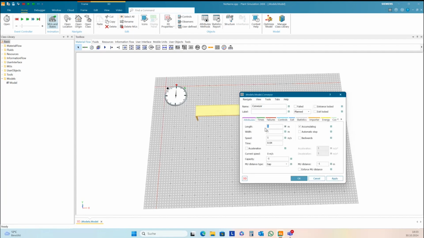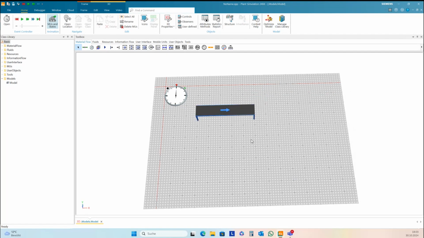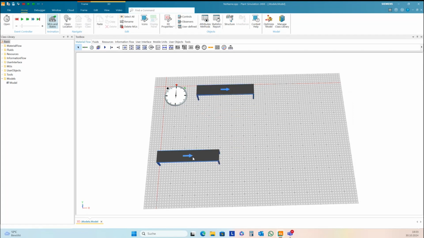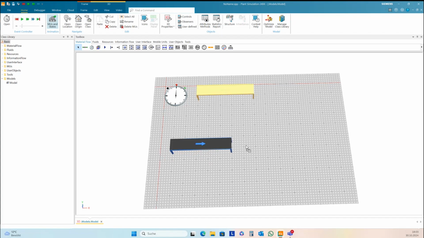I make it 5 meters and name it L, just as a blueprint. And then I copy it. I have the conveyor going in.